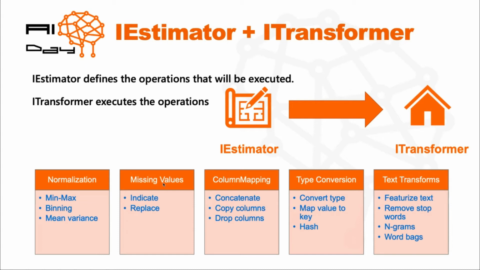Do you turn them into zero? Do you calculate the average and replace nulls with this value? Maybe you don't want all your columns, so you drop them, or you can even concatenate some of them. These are classical operations in machine learning. So yeah, the IEstimator is basically, okay, my pipeline will perform this on the data. And the ITransformer is when you apply this plan, let's say. Okay, it's the execution of the operations.